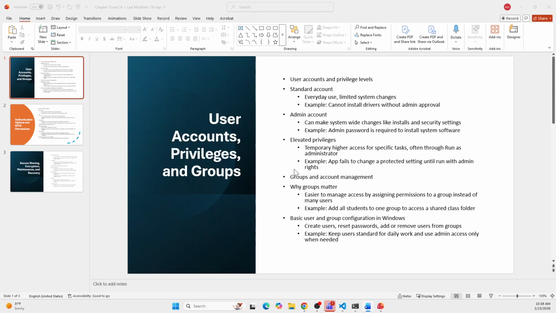And we have groups and account management. So why do groups matter? Groups are used because it's easier to manage permissions for a group than for each person one by one. Instead of giving access to 10 different users, you put them in one group and give the group the access. For example, in a computer lab, you want all student accounts to use a shared folder called something